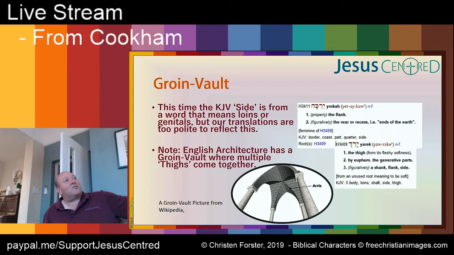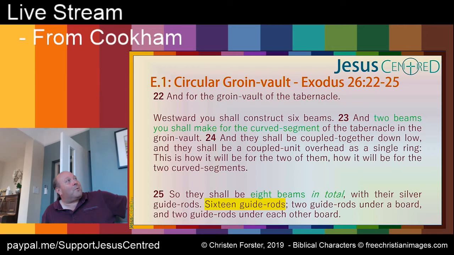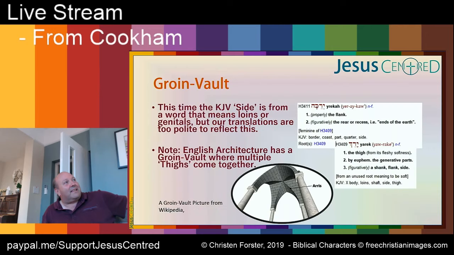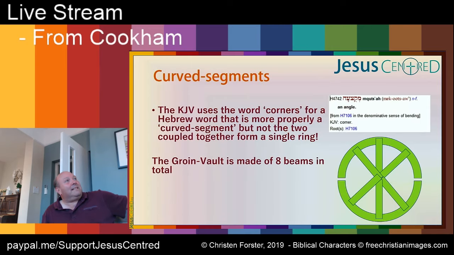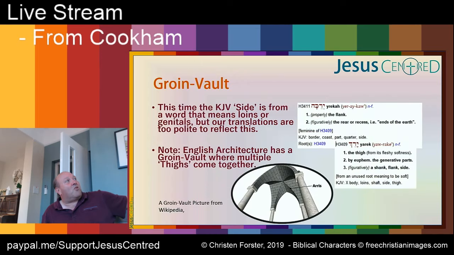But because our English translations are far too polite to say that, we've turned it into the word back, which makes us assume it's the back wall. So if you go back, what we've said is we're going to build something that's going to look a bit like this, with various bits coming together. So in fact, what we've had described for us, if I go back again,